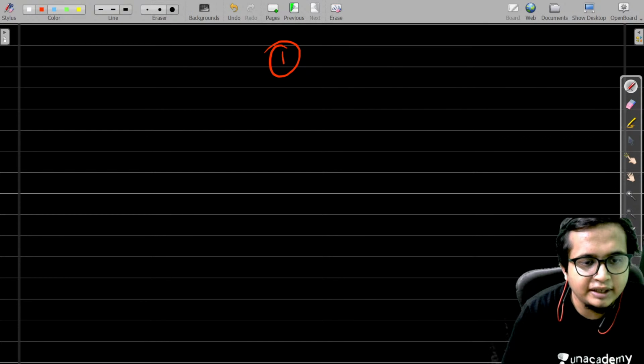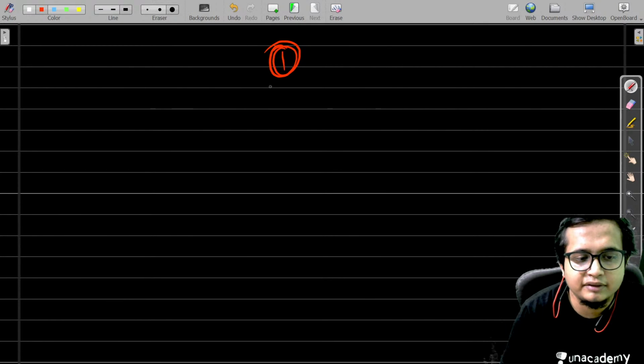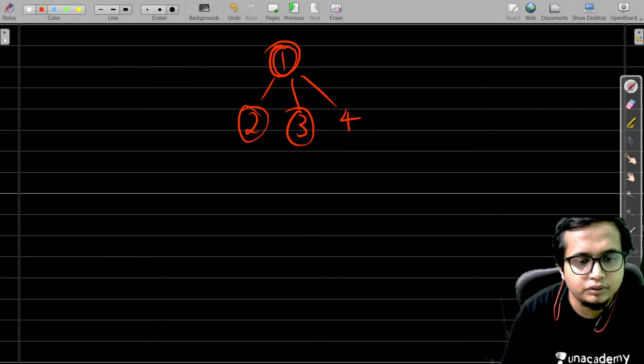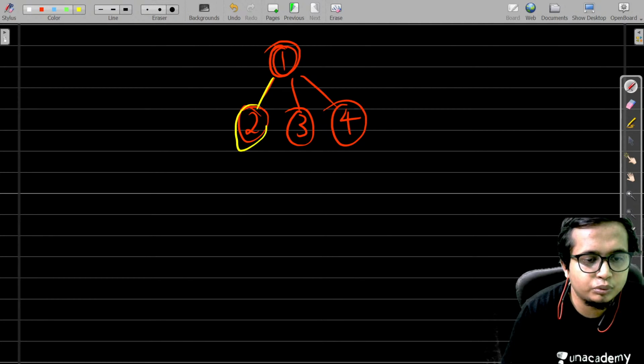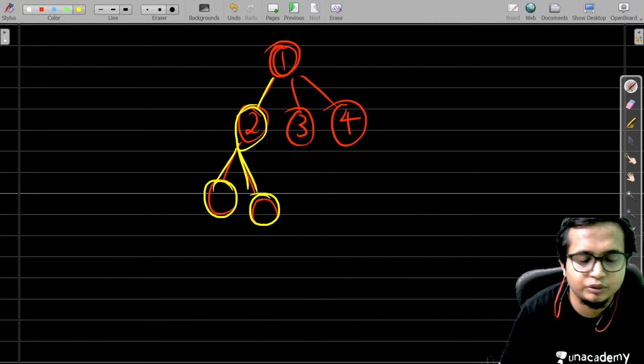Suppose I start my DFS from 1. Suppose it has two children, let us say 2, 3 and 4. Then let us say I go to 2, then I would go to its children further. Suppose I took this path, and finally I reach these nodes, but they don't have any child nodes, so